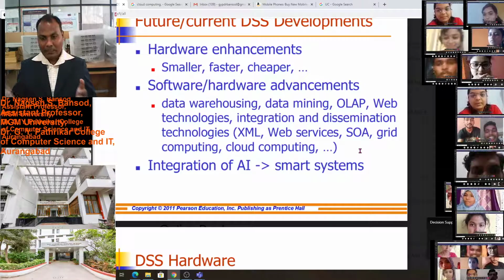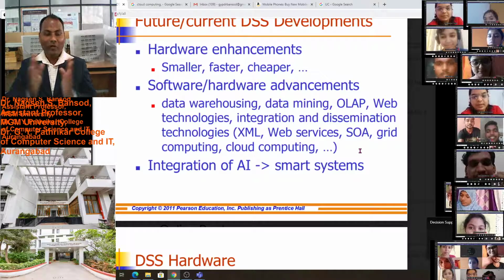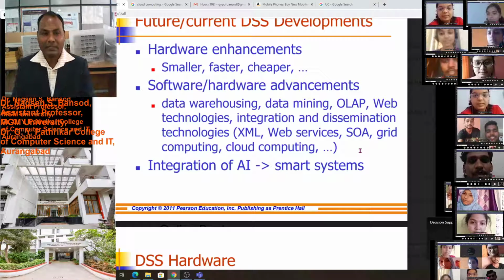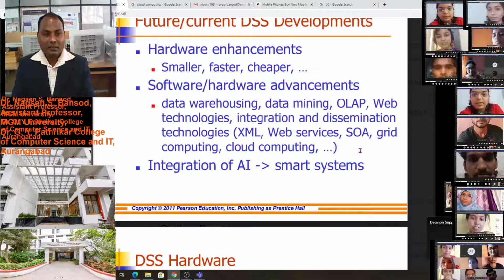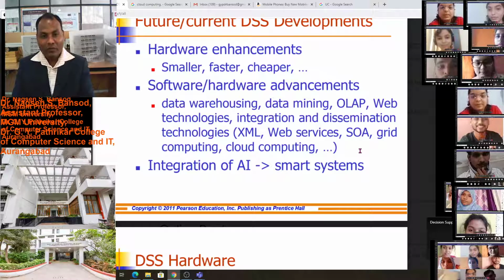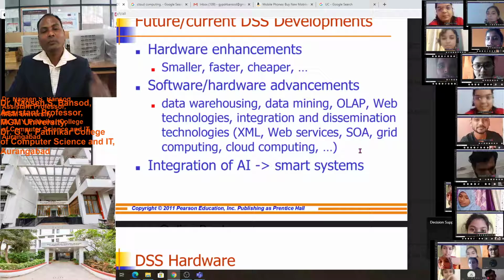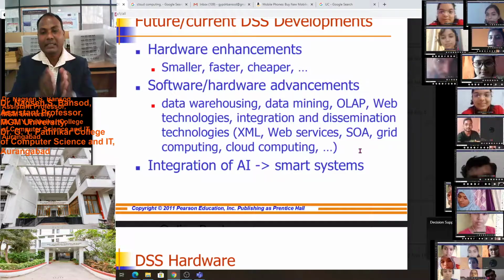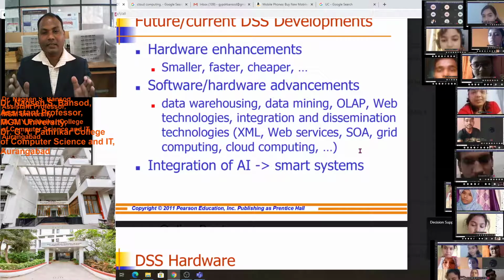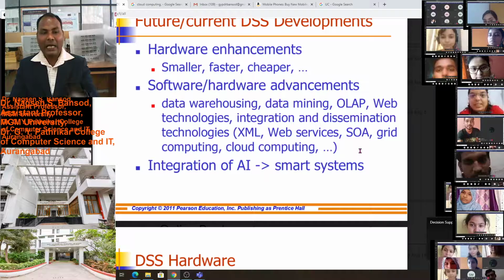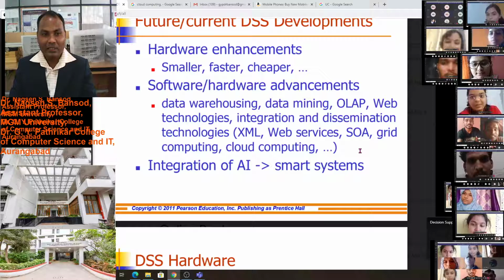In a computer we can do many tasks, we can perform various activities with the help of a computer. But suppose there is a company and they want a software, just providing them a computer, their problem will not be solved. We have to provide them a special service oriented architecture so that they will be able to use the computer.